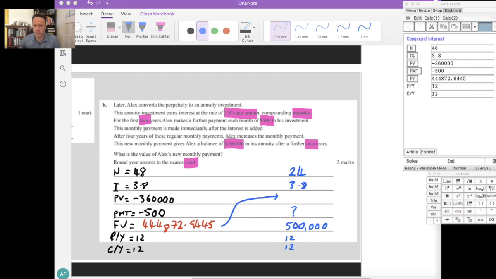Okay, so over in our CAS, we can get rid of this, copy our future value up to the top there, make sure that it's still a negative because that's money that he's got invested in the bank, so he's given that to the bank. We've got a $500,000 future value that we need, and we don't know what the payment is. So if we solve for that now, actually we've got to remember that that N is a 24, so check that we've done everything. Payment, solve for that,